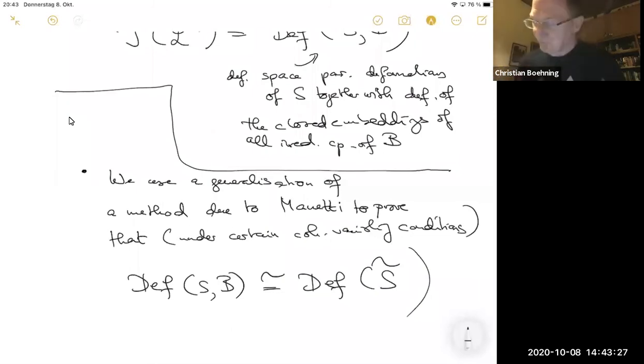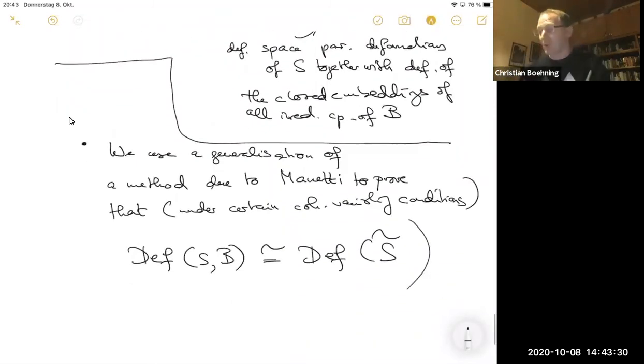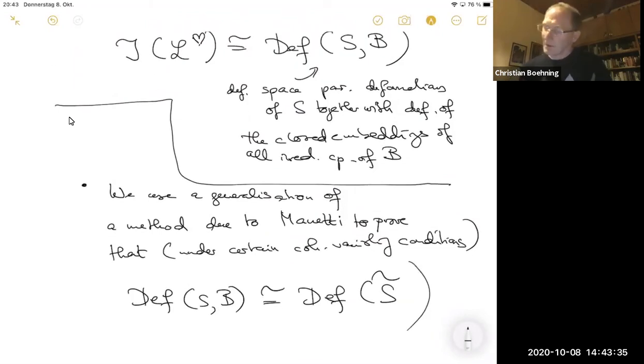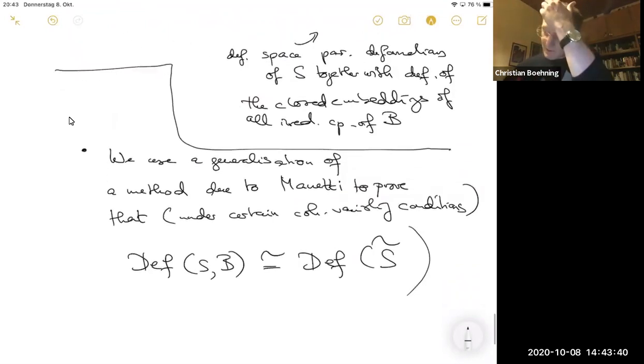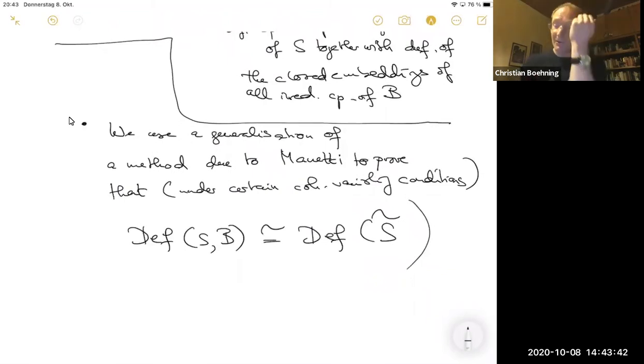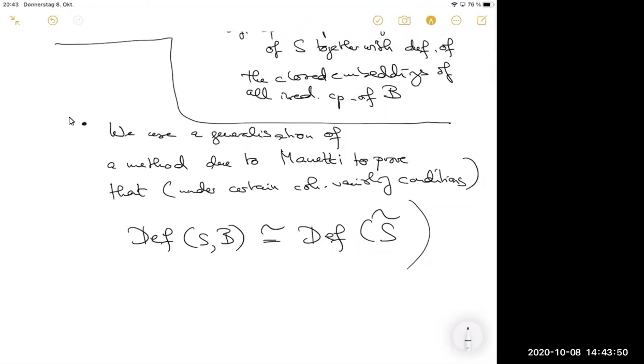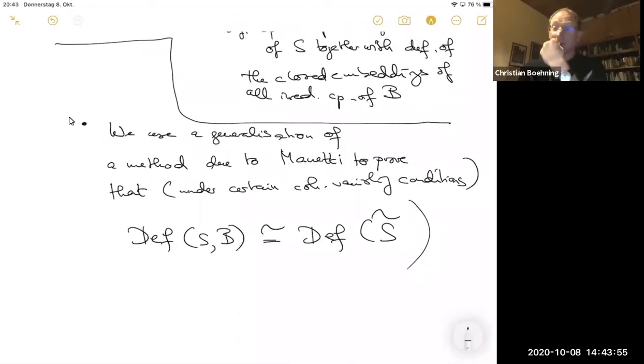So in other words, all deformations of the cover come from deformations of S together with the deformations of the irreducible components of this B. And this is something that had already been shown also under different conditions by Fantechi and, yes? Sorry, this is somehow independent of your choice of building data? No, it depends. We have to choose everything, but we have to choose the building data so that they satisfy all of this.